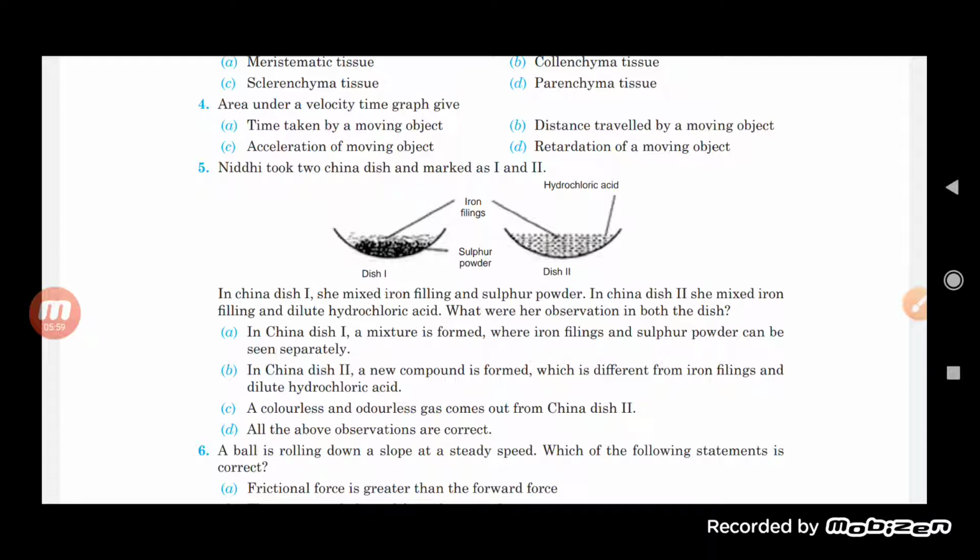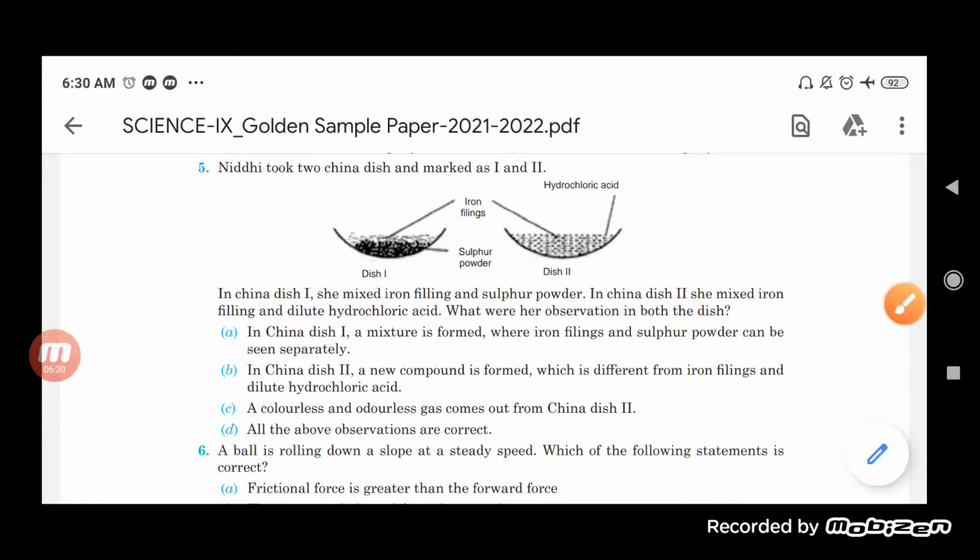Actually, the slope of the velocity time graph will represent the acceleration or retardation. But when the area is there, you know that when we were solving the graphical method to find the three equations of motion, we found it there. Even in graph questions, the distance can be found by the area covered under the velocity time graph. So here the answer will be B.